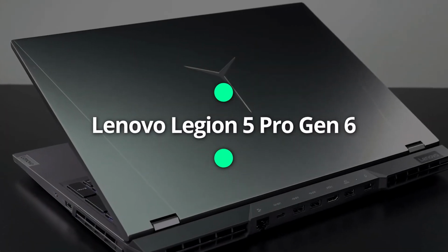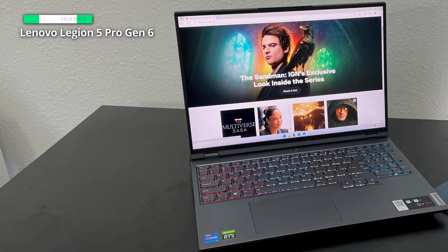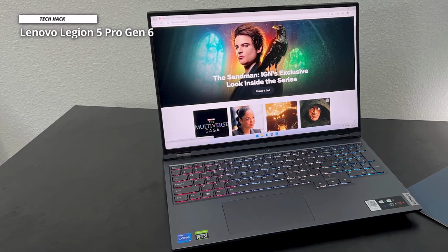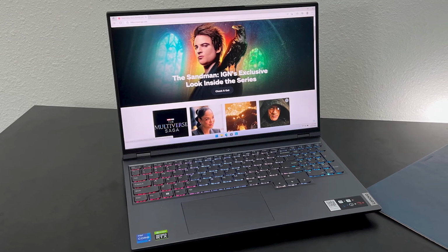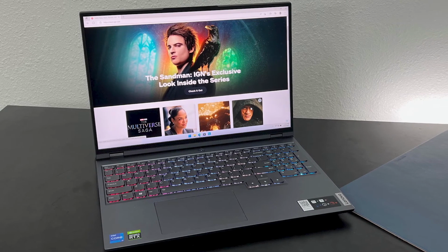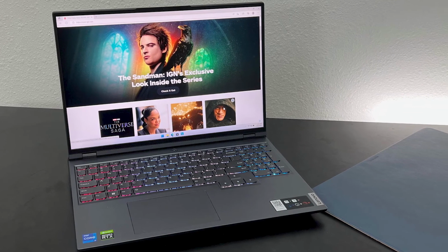Number 6. Lenovo Legion 5 Pro Gen 6. The Lenovo Legion 5 Pro belongs to the company's gaming lineup, but the Pro prefix indicates that this laptop is also intended for business use. Given its distinctive display specifications and some of its features, this comes as no surprise and makes perfect sense. Given that many people use the same laptop for both work and play, both of those uses make good use